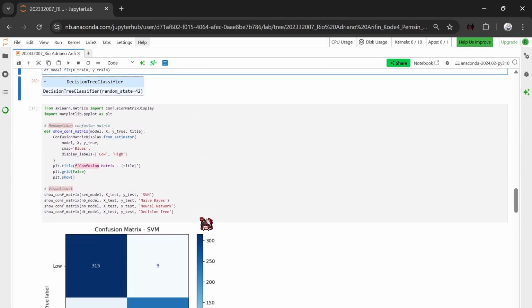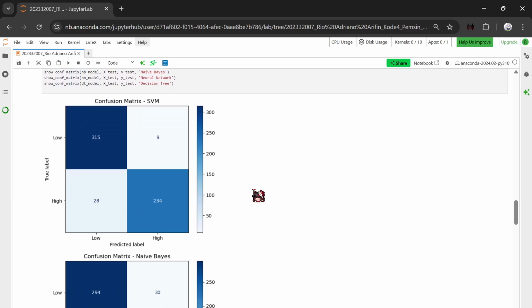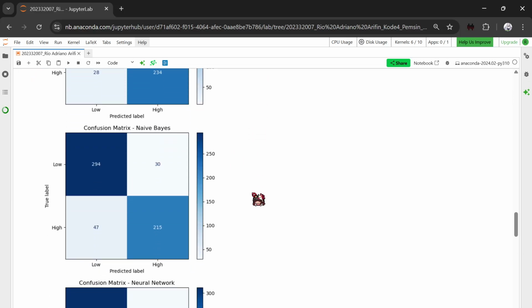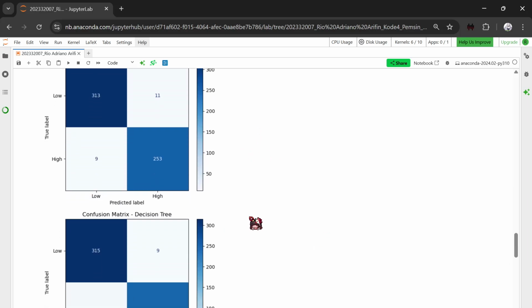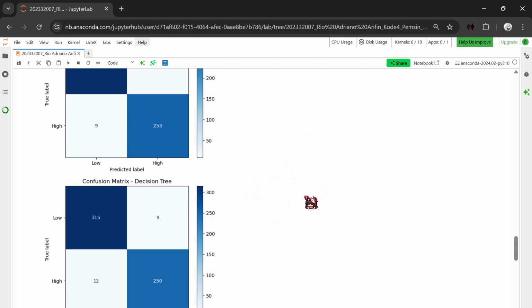Then we visualize the confusion matrix for each model to see whether they tend to misclassify certain classes. For example, we check if there are many cases where the actual class is low but the model predicts high, which gives us more insight into the type of error each model makes.